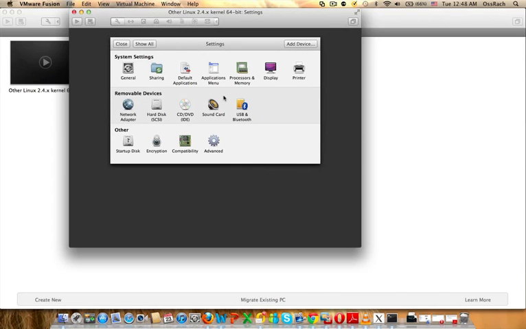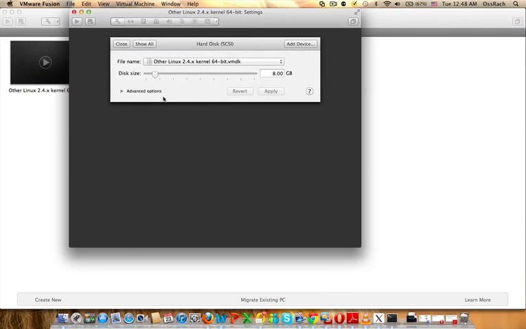As you can see, there is this window that just popped up, and it's giving us a menu of the virtual machine that we're going to be installing. You can go through it one by one, but most importantly, what I want to show you is the hard disk space. Automatically it's giving us 8 gigabytes, but because of the usage of Backtrack, and sometimes people like to do a